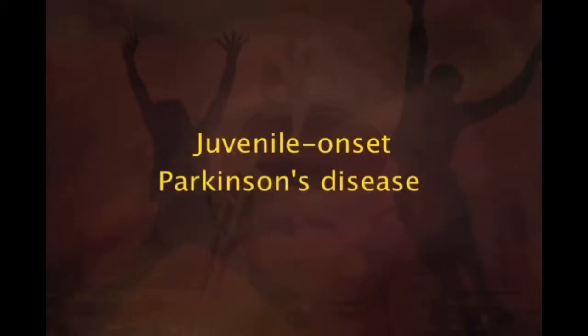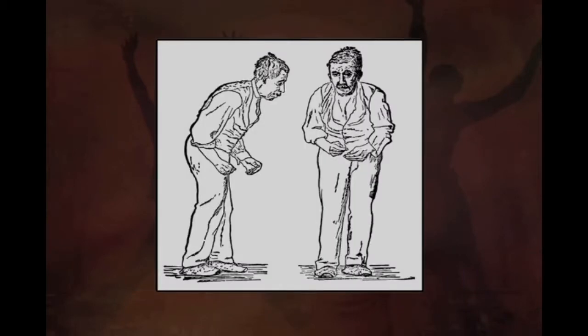This is the most common. But then there is also what is called early onset Parkinson's disease, where the onset is between 21 to 40 years. Now there is one more in addition to these 2 which we should talk about, which is called juvenile-onset Parkinson's disease, where the onset is before the age of 21. And Parkinson's disease is supposed to be more common in men than in women, according to studies.